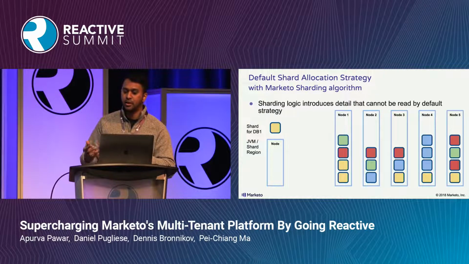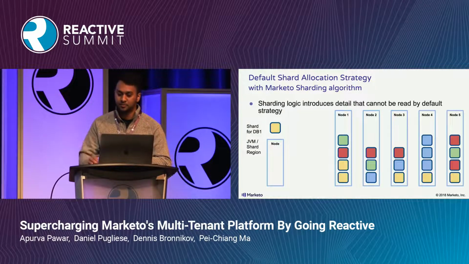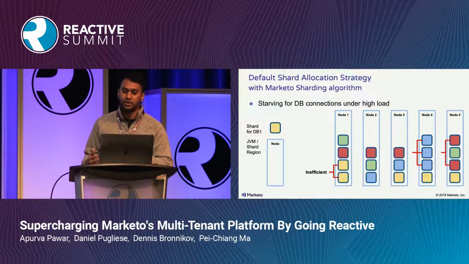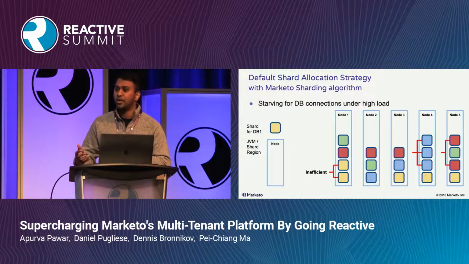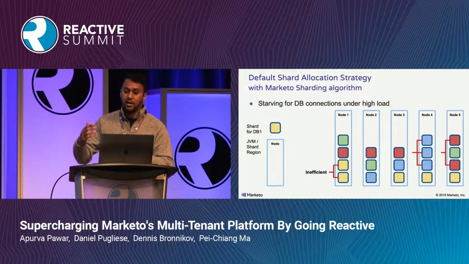Why is this additional detail important to us, or why does it even matter? In our system, the DB connection pools are allocated per JVM or node. Again, this is done to guardrail the DB resource. This means that under high load, if 2 or more shards from the same DB are on the same JVM,